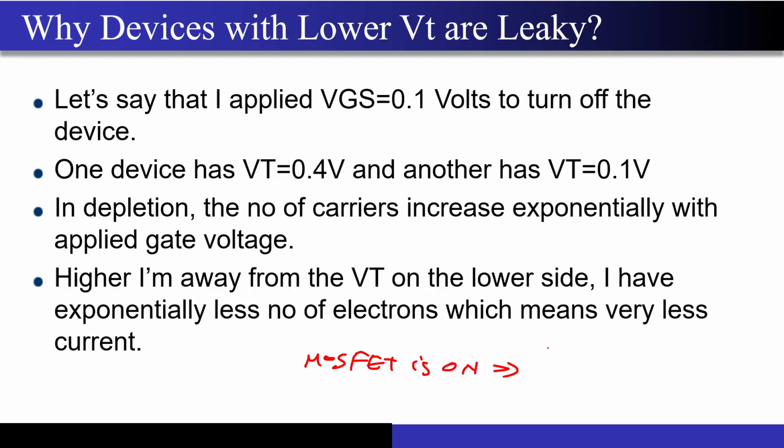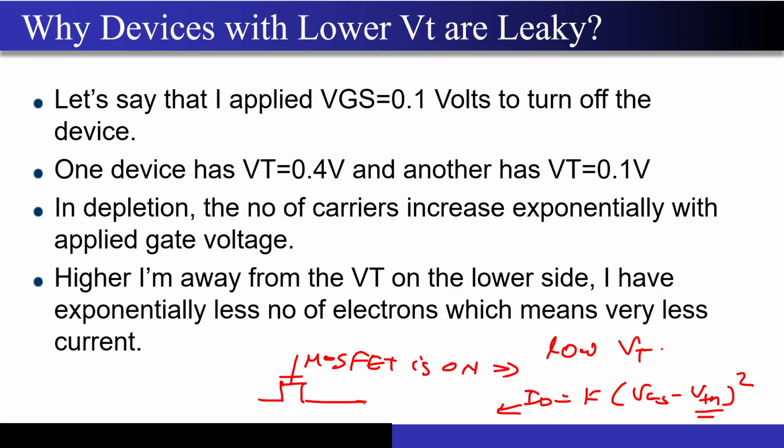If I have a lower threshold voltage, what happens to the ID? So let's say this is K times (VGS minus VTH) the whole square. If my threshold voltage is less, I can get more current from the MOSFET. More current from the MOSFET means fast charging and discharging of this capacitor, which will actually help me. Correct? So from this performance point of view, I want this VTH to be as low as possible.